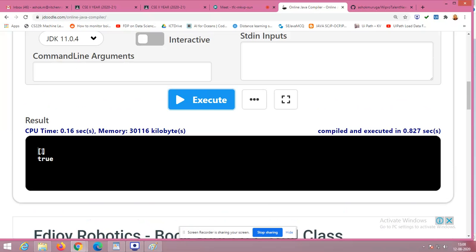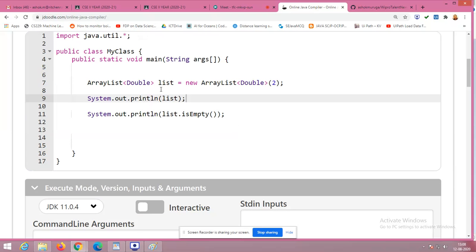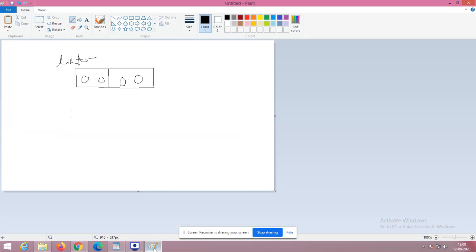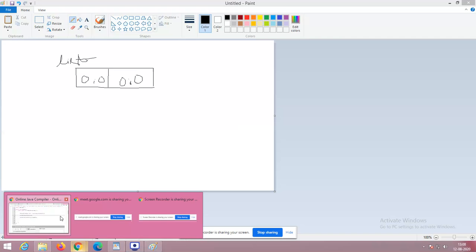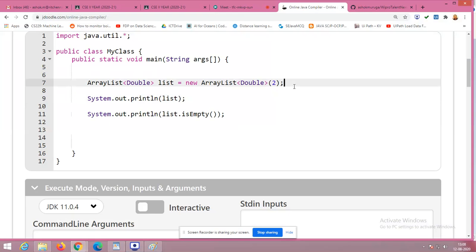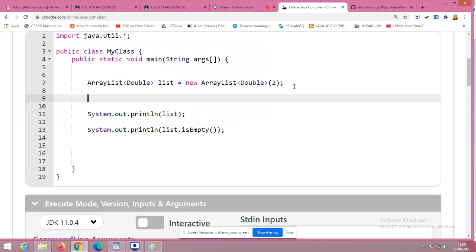It got initialized, but I am printing the empty list, because if I need to add anything, I have to add using the add method only. Internally this is the status, 0.0, 0.0. It is available there. The 2 spaces are created for double elements. If I am going to add like this, then you will be able to see the data.